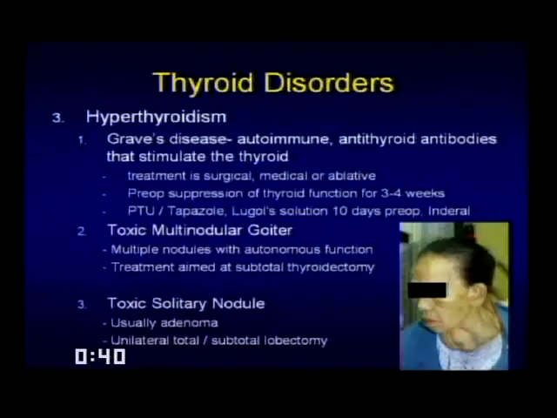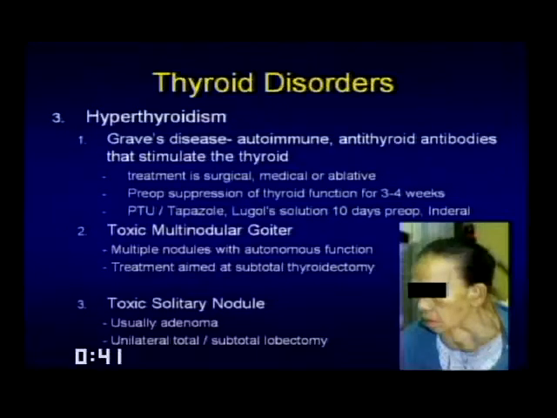Let's move on to hyperthyroidism. Hyperthyroidism most commonly is either due to Graves' disease or a toxic multinodular goiter in 99% of cases. Graves' disease is the most common cause. Graves is an autoimmune process that is similar to Hashimoto's in that there are anti-thyroid antibodies that actually stimulate the thyroid to overproduce. The treatment can be medical, surgical, or ablative in nature, and there are risks and benefits of